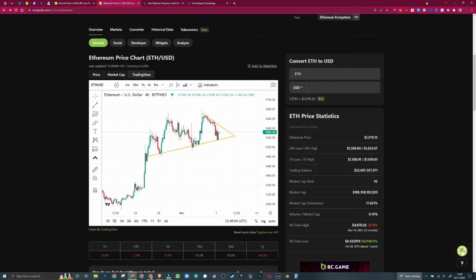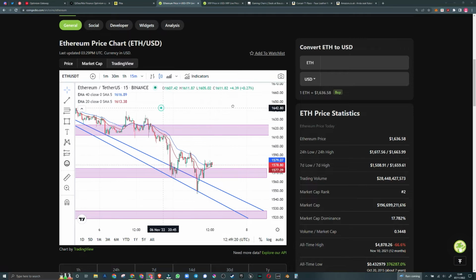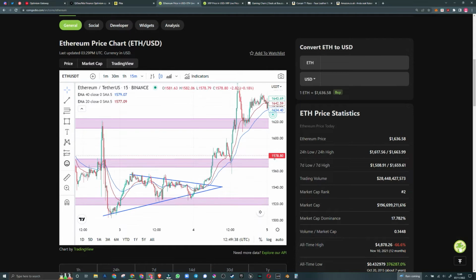So let's move this one out of the way, and this is what I did. I trade typically on the 15-minute charts, and these purple boxes are the busy areas, the areas where the candles do tend to bounce in before they make a decision. So last week on Friday I took this trade. We had a bear flag that was bouncing down and the price was decreasing before it made a move. We broke out of this triangle and I took the buy trade, and I took that buy trade right up to the top,